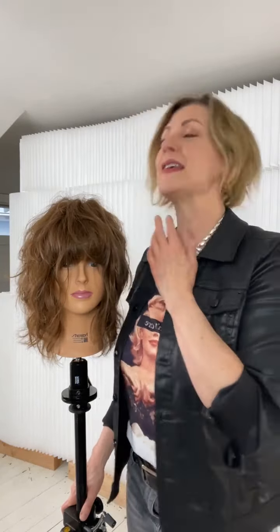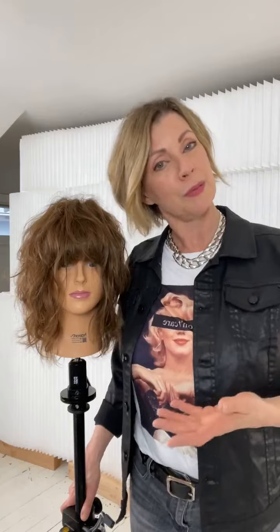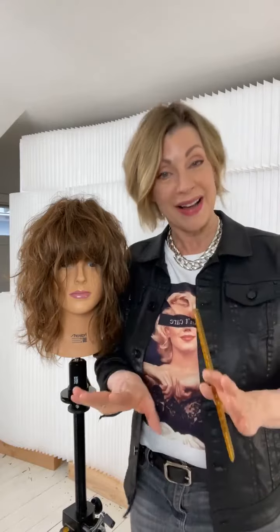And what I always say is, if it were my mom, when my mom wants it, then it's probably not going to be around for very much longer. So when all of the moms and all of the women that are in their 50s are starting to get the shag and the curtain fringe, then it's probably time that we're going to start seeing something a little bit different. I don't think it's going anywhere anytime soon,